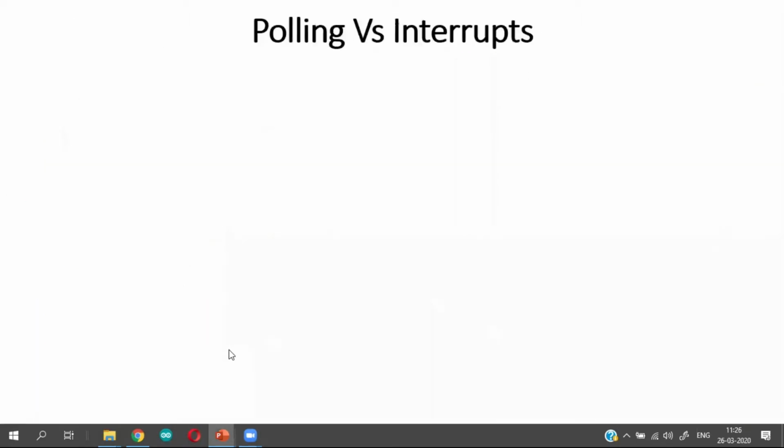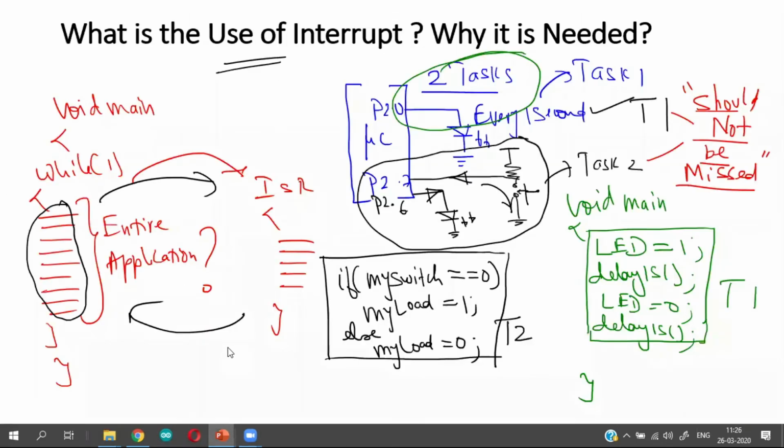I have already written my code for task 1 here. This is the code for task 2, which I have to insert in the main program, because my objective here is to put everything in a single piece of code without using interrupt.